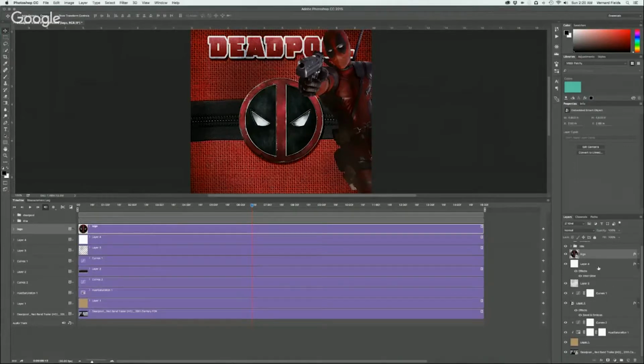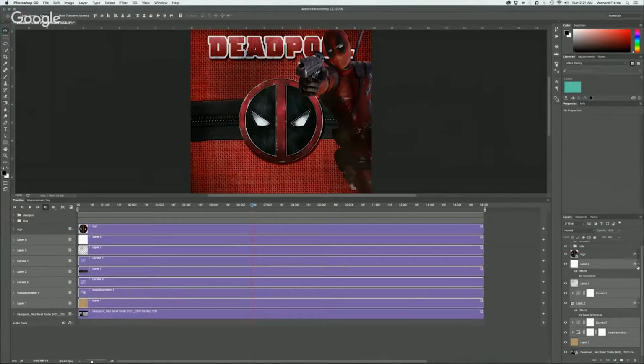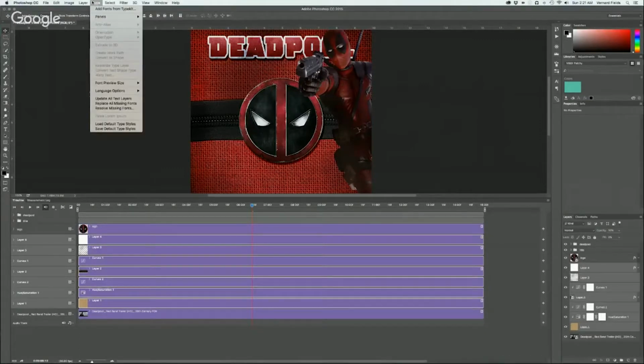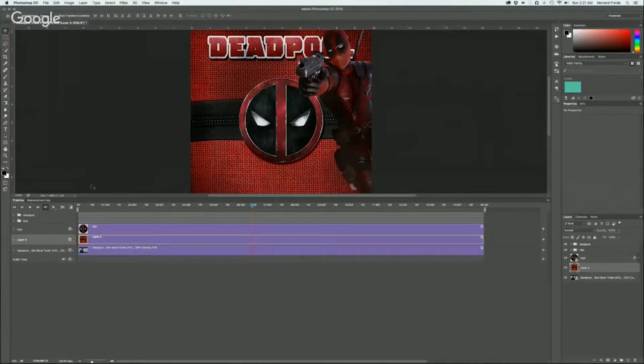You have the zipper and the burlap, all that stuff. Now, it's going to be hard to try to animate all these pieces. So the best thing to do with that is to just go ahead and merge, merge layers. Okay, cool. All right, so you have your